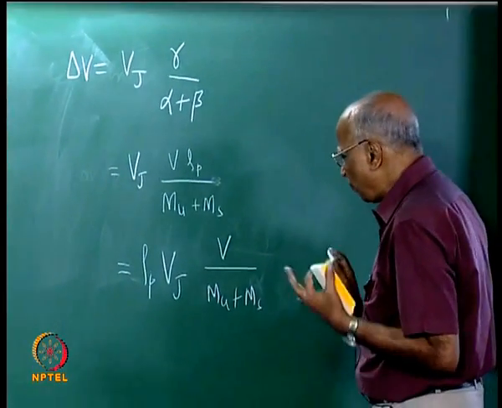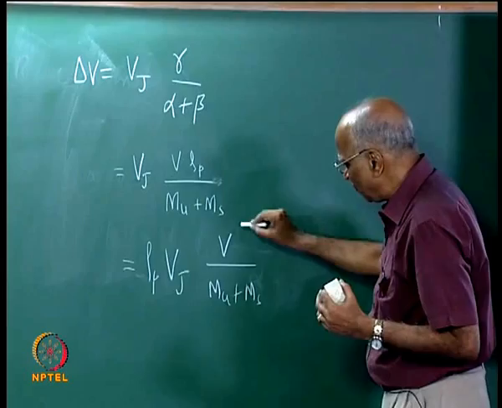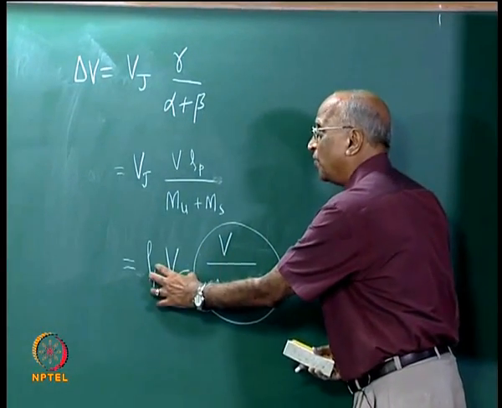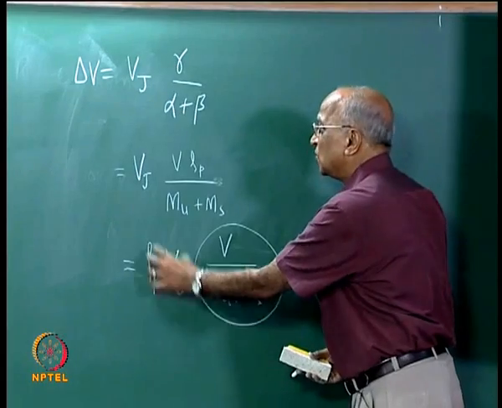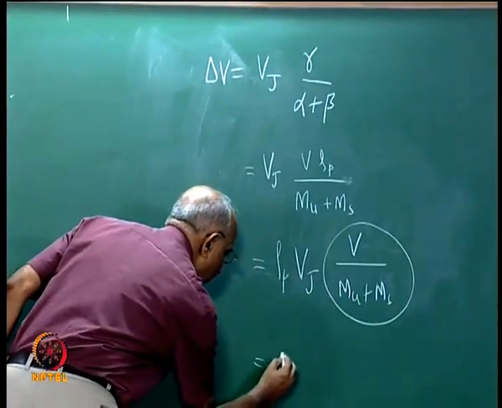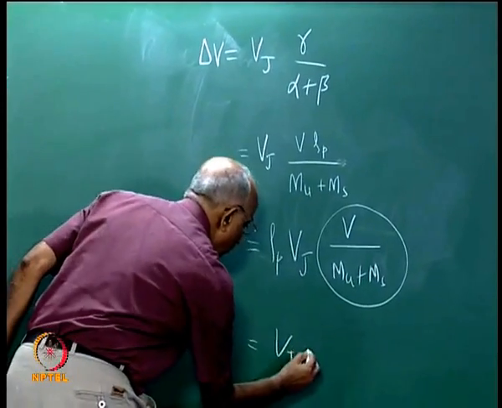In other words, what is the comparison between the two? You find that in the other expression what we had for delta V, it was equal to Vj into ln of